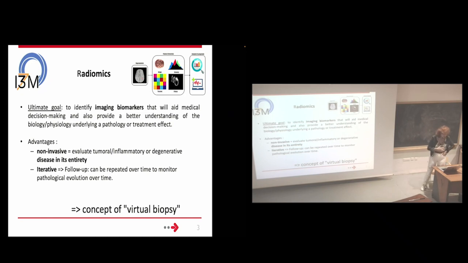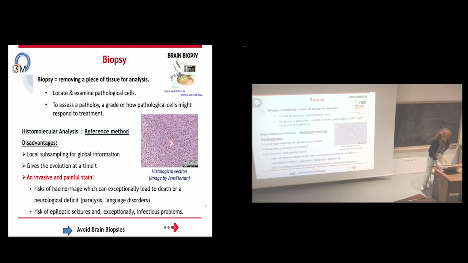And if we make a parallel between virtual biopsy and real biopsy, we can say that real biopsy is finally the reference method that consists in removing a piece of tissue for analysis. Then you can examine pathological cells, and you can define how the cells react in front of a treatment. But we have some disadvantages for this reference method. The fact that finally it's just a local subsampling,